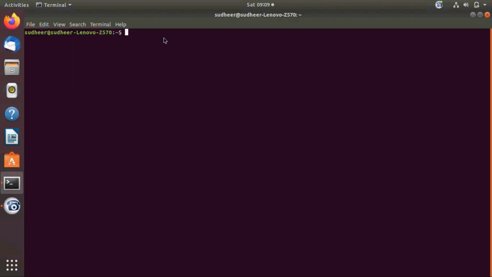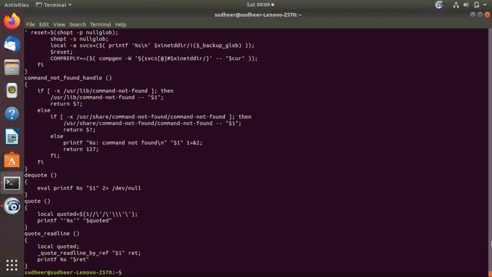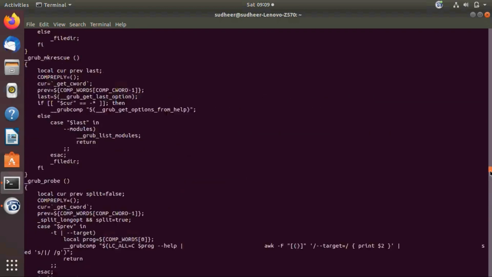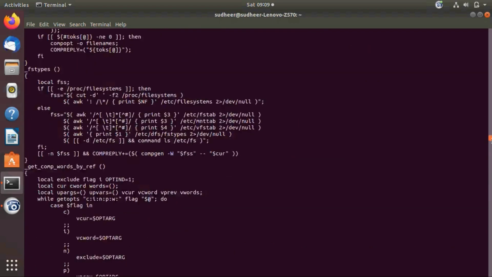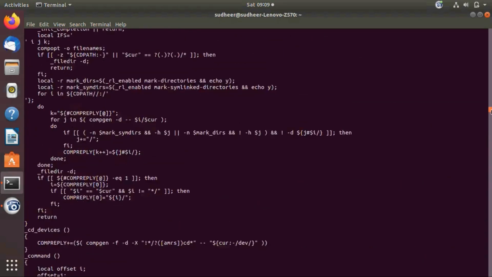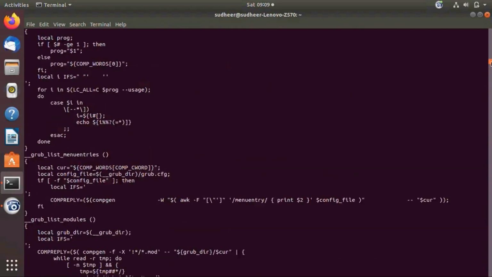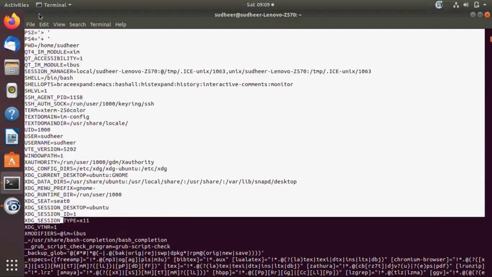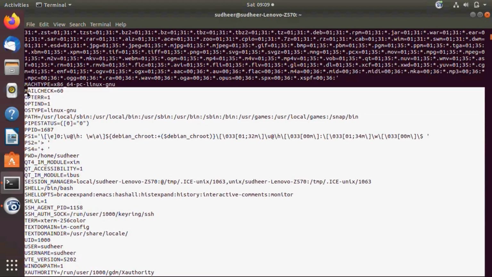Now let us demonstrate the concepts you learned. You learned about variables and different types of variables, like system defined variables and user defined variables. If you want to know the system defined variables in the Unix system, you need to run the command set. Once you run the command set, you will get all the system defined variables, which are defined and maintained by the operating system. These are all the system defined variables defined in the Unix system.